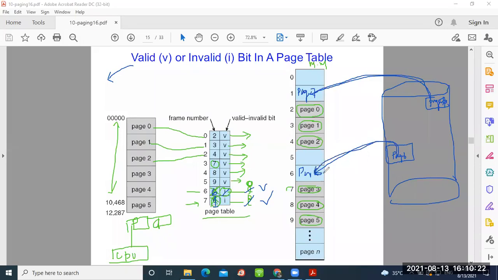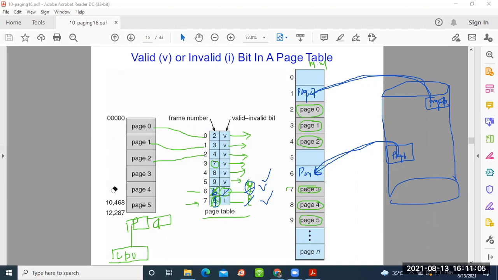So whenever you bring a page back from secondary memory to primary memory, the bit that is valid-invalid will no longer be invalid. It will become valid. Why does it become valid? Because now the page is available in the main memory. As long as the page is available in the main memory, it will be represented as valid. If it is not present in the main memory, then it will be invalid. So this is the basic concept of the inverted page table, where we are maintaining an additional bit for valid and invalid. Is my point clear to all of you?